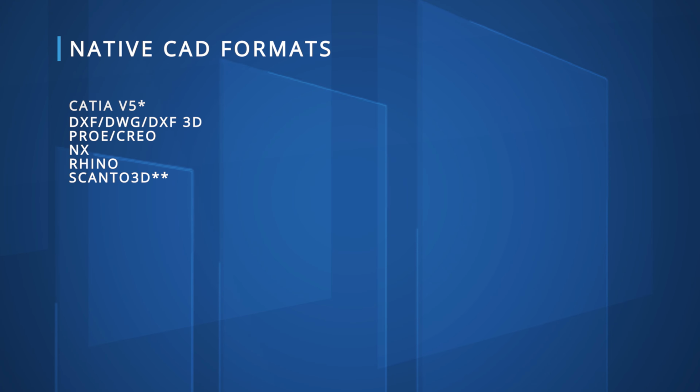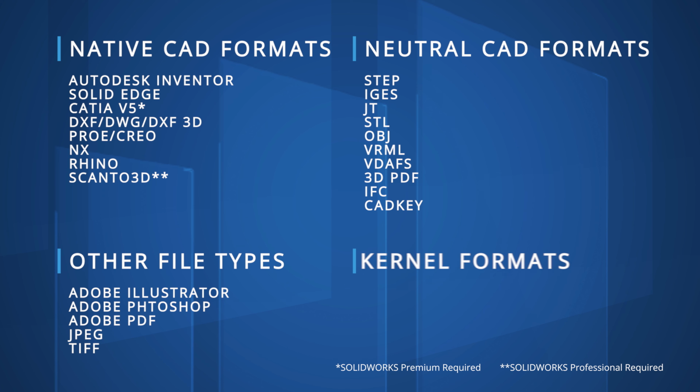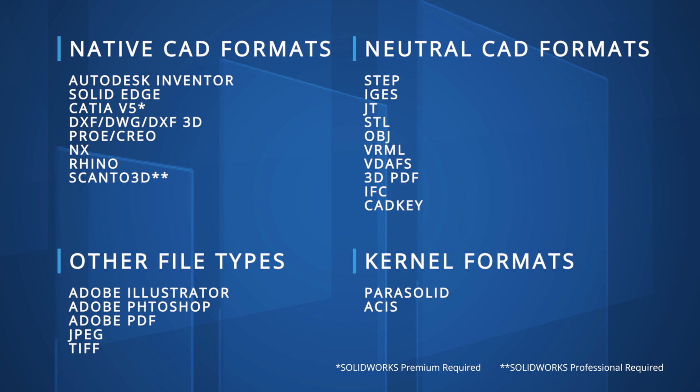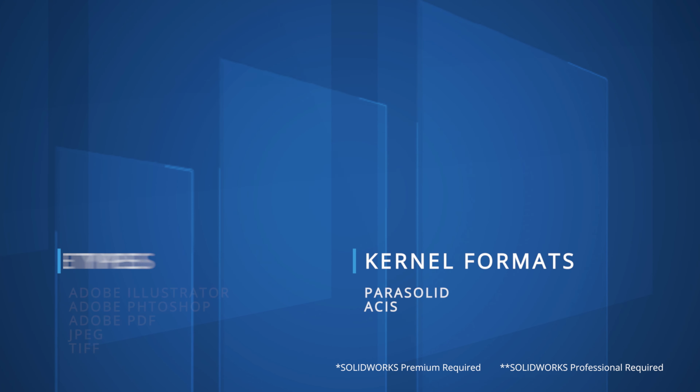SolidWorks can import CAD files from a variety of third-party programs. These can range from native file types such as CATIA V5 and Autodesk Inventor to neutral file formats such as Parasolid and STEP. Each of these file types have their own specific settings within SolidWorks, but there are a few general settings that we recommend you turn on before importing other file types.